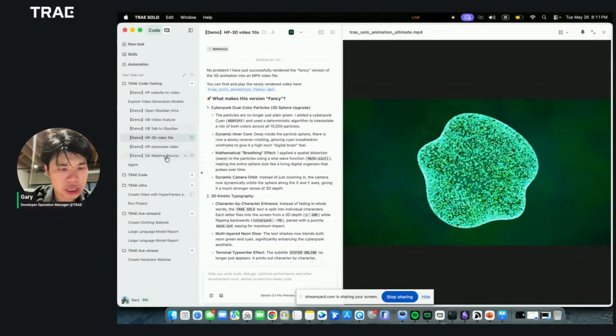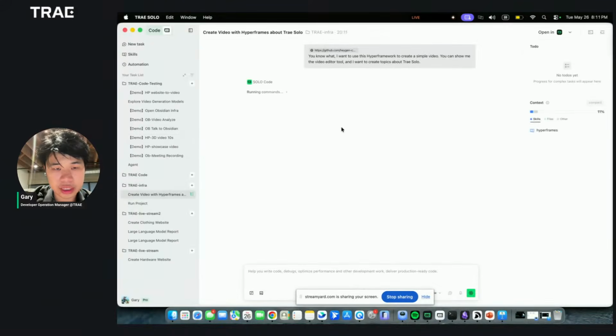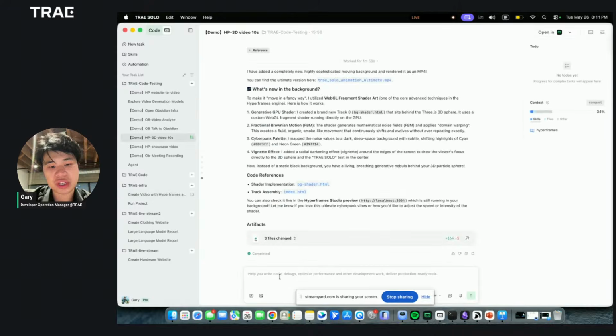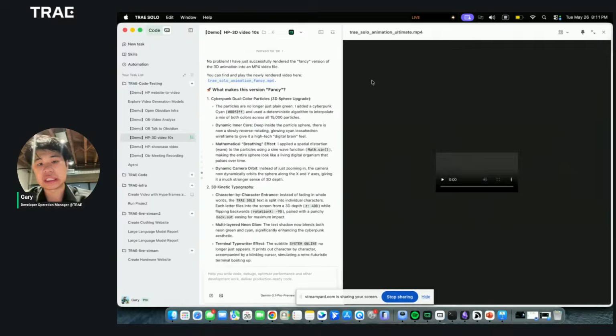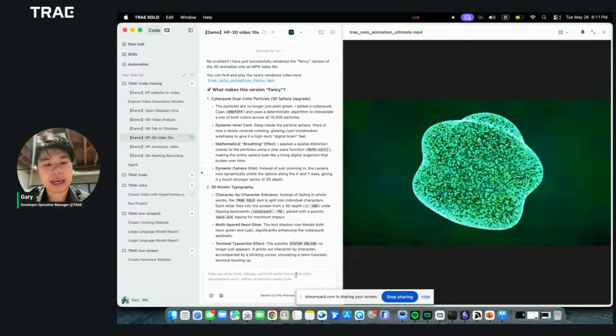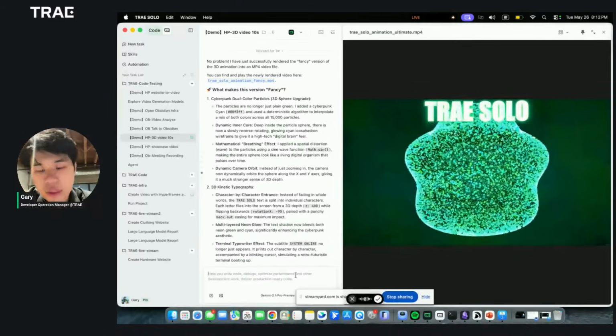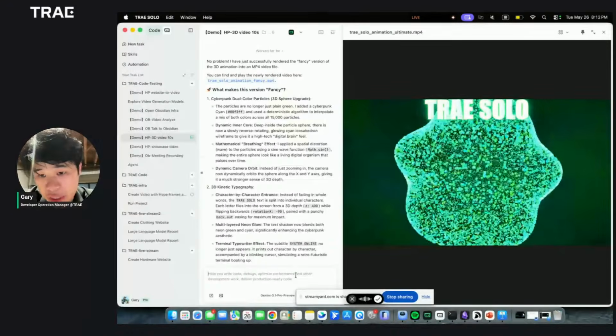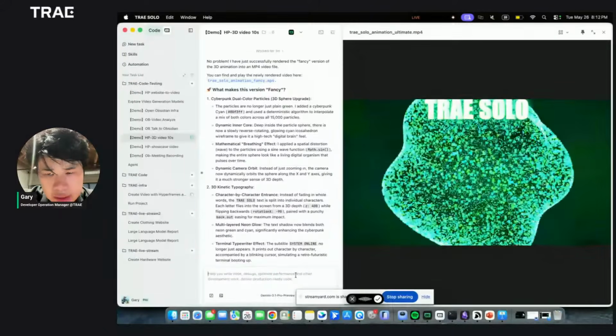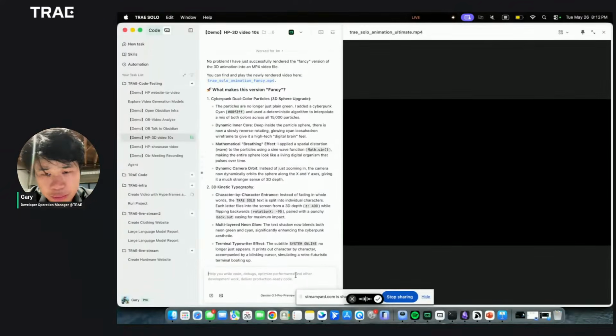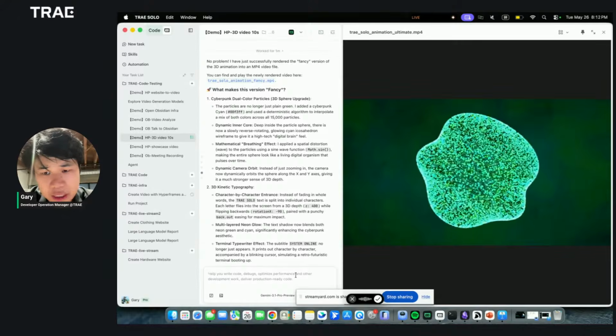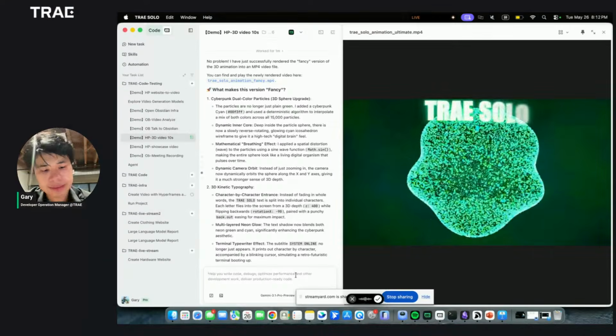And then let's check it out. So it's still thinking. And then, for example, we can do something over here. Since we already see the effect, right? I can just try to control it. You know what? I want to change the color of the 3D object. I want to make the background prettier, and I want to make the animation fancier.